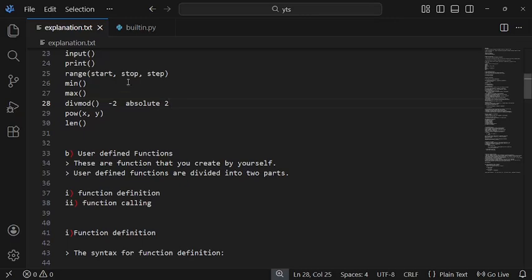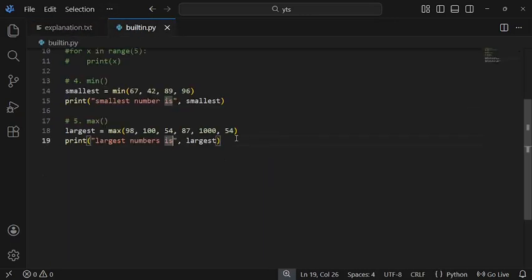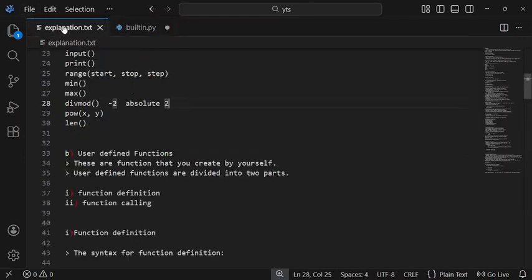So let's see how it works. So I will come and